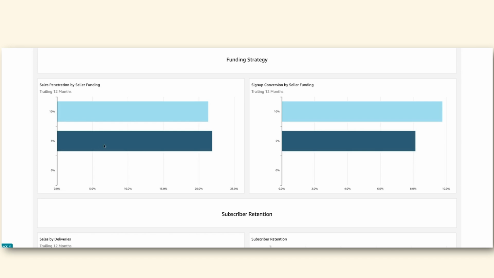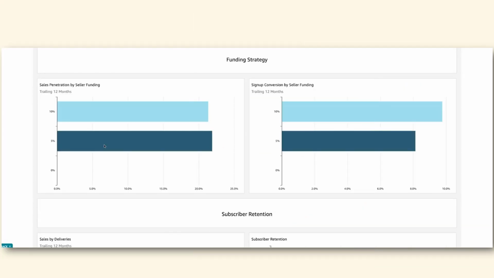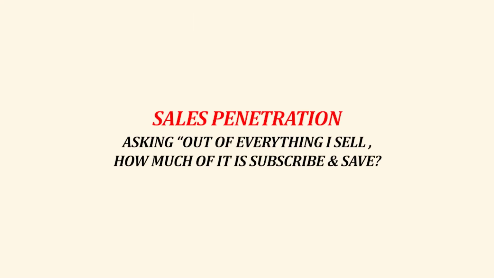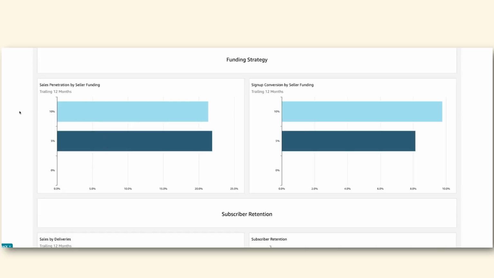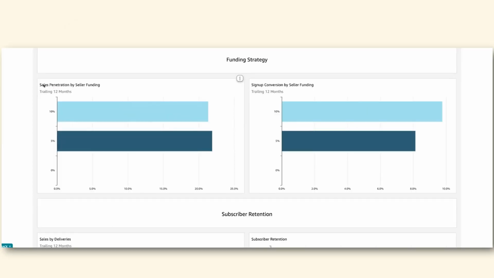So I was going over this with one of my clients, and he was having a hard time really understanding. Sales penetration is just asking, out of everything I sell, how much of it is subscribe and save? And then you can see if it really makes a difference whether you're funding 10% discounts or if you're funding 5% discounts. This is your overall business. These are people that actually stayed and made a dent in your revenue. These are people that signed up. They might have signed up, received a few orders and left, but they didn't make a meaningful impact on your total revenue. So again, the simplest explanation is just asking, out of everything I sell, how much of it is